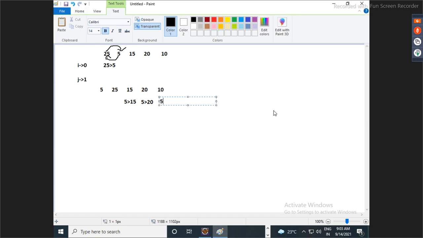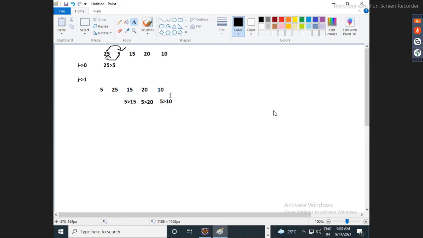Is 5 greater than 10? No change. So once the first iteration is complete, what is the status of the array? Okay. So the status of the array is 5, 25, 15, 20, 10.